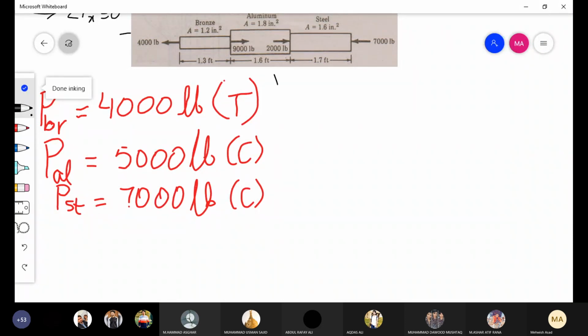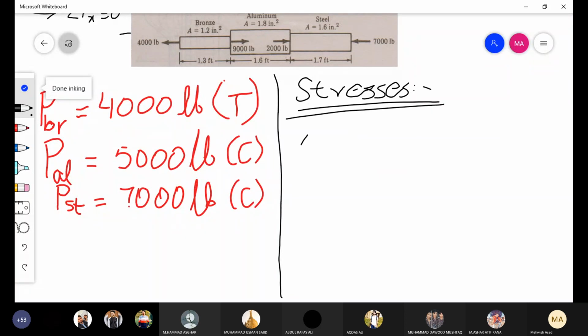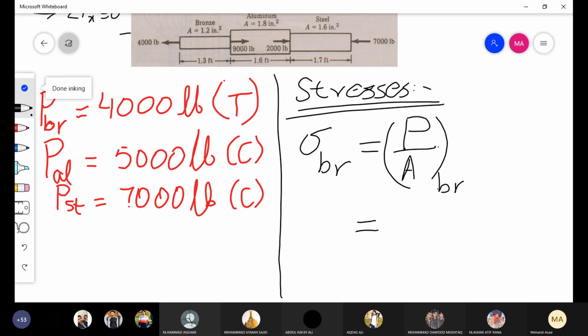So the next step is to find out the stresses. So first stress will be calculated in bronze section, and the formula will be P divided by area, load divided by area for the bronze section. Load for the bronze section is 4,000 pounds and area for the bronze section is 1.2